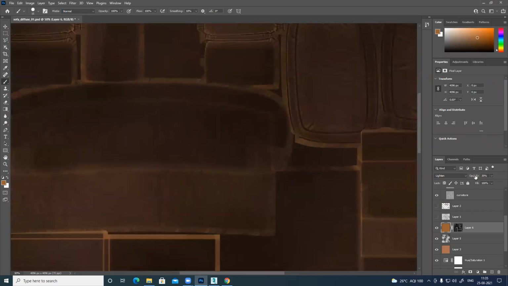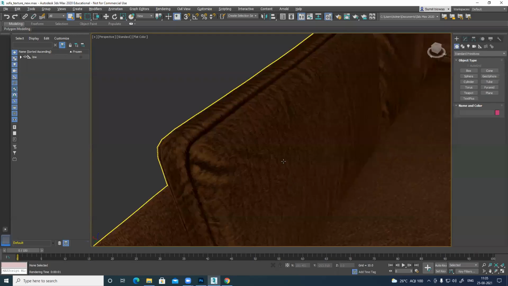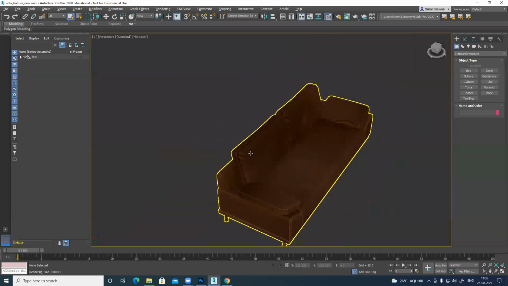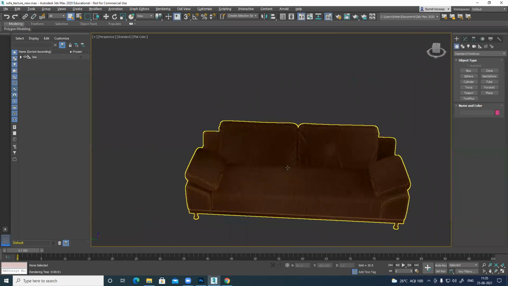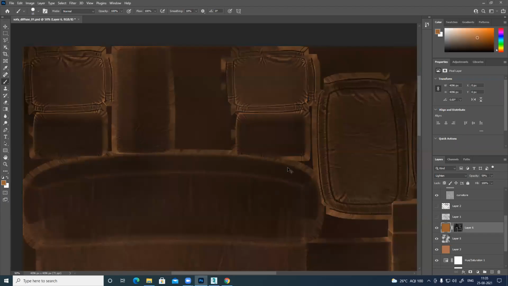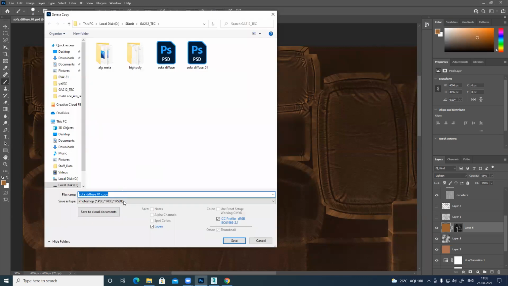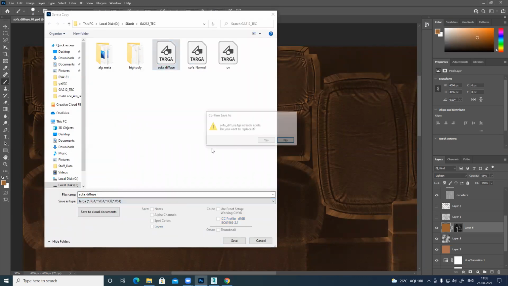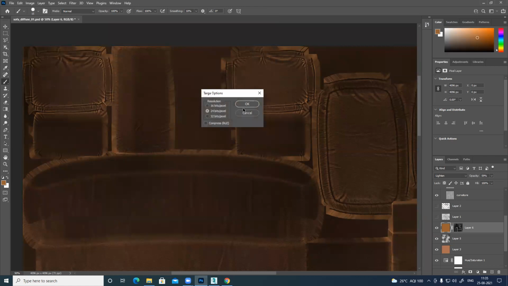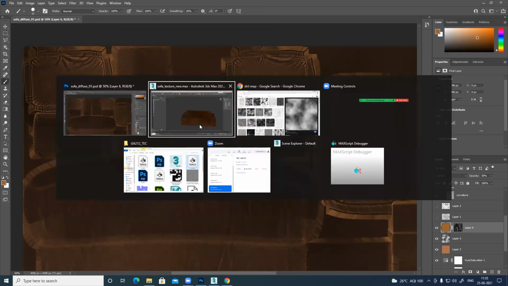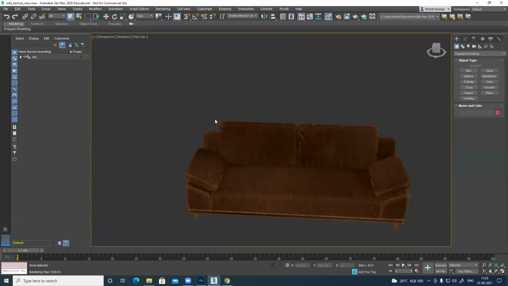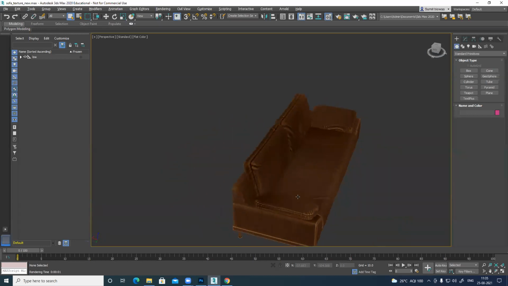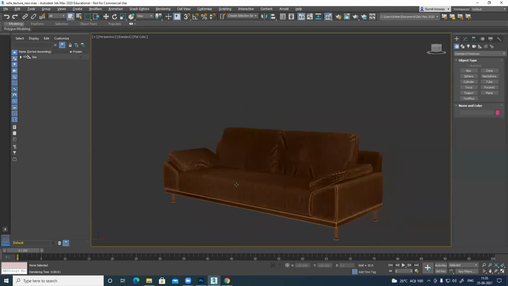I just increase the intensity. Slightly brighter. Because here I can see it kind of blends only. From a distance, it kind of blends. So based on the 3D output, you have to make sure to increase or decrease the color. Slightly brighter. Now this is better. So double check always.